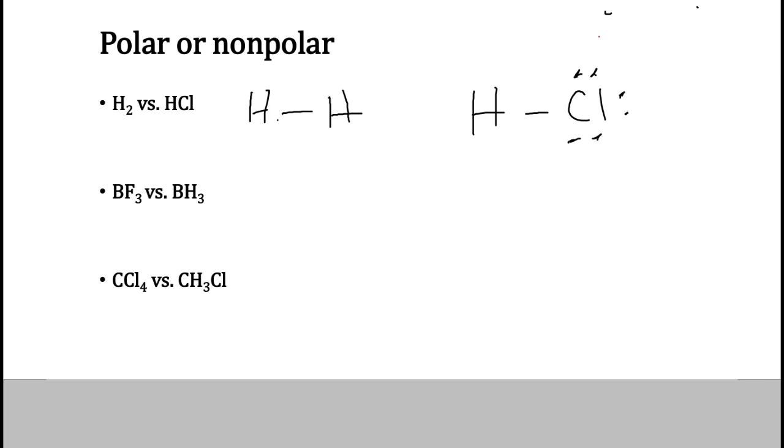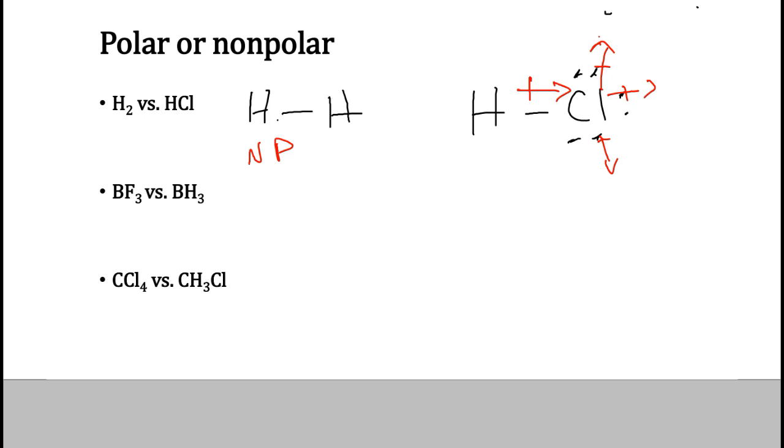All right, well, the first one, that homonuclear diatomic, the electrons are going to be shared evenly. So we would call this one nonpolar. Now HCl, we know that chlorine is more electronegative than hydrogen. So there's going to be a shift of the electron density towards chlorine, and you don't really need to draw all these electron pairs with those dipoles pulling out, but you can. So as we look at this,